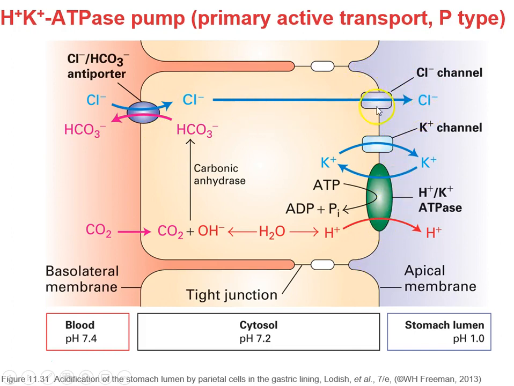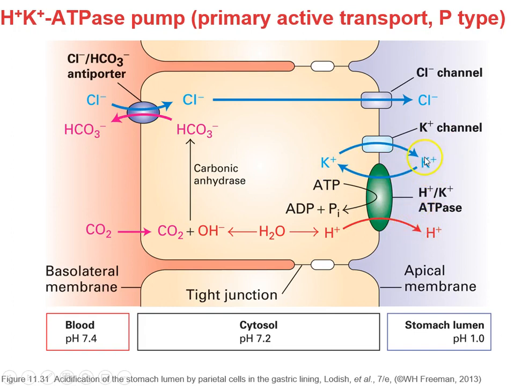So this is the apical membrane on this side, and that's the basolateral membrane on the outside. We have these tight junctions that maintain the different identity of these membranes. So the chloride leaves these endothelial cells through this chloride channel. We have a potassium channel that allows potassium ions to leave, but then here is the hydrogen potassium ATPase, and